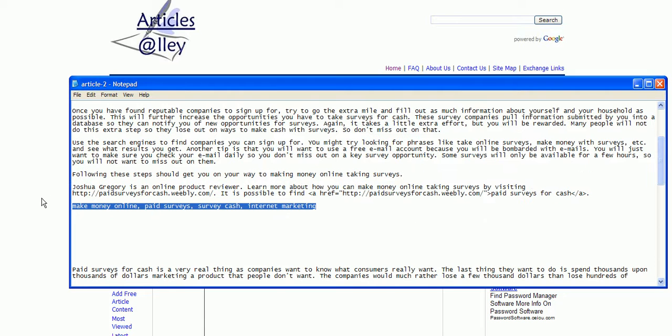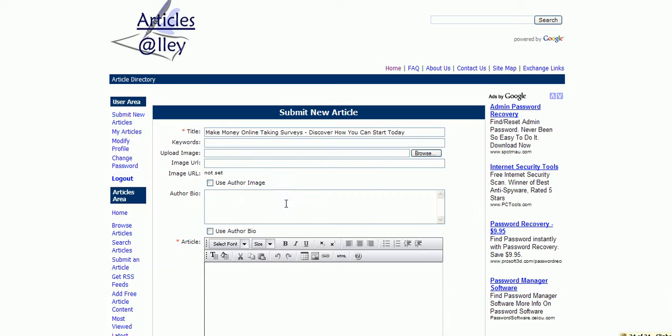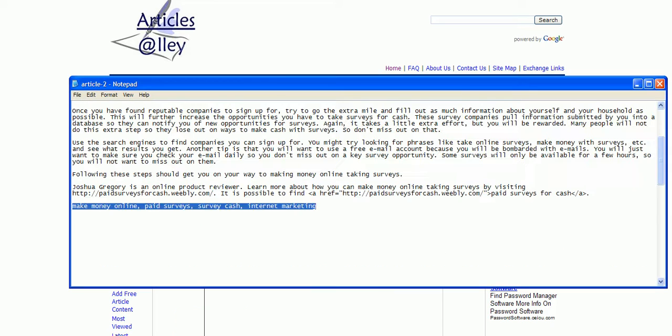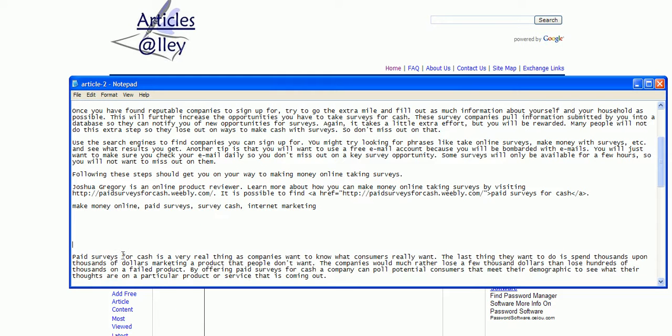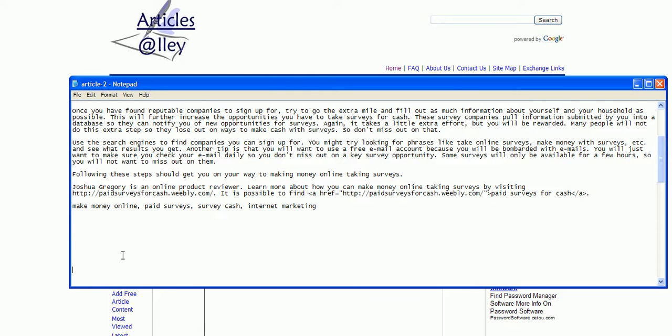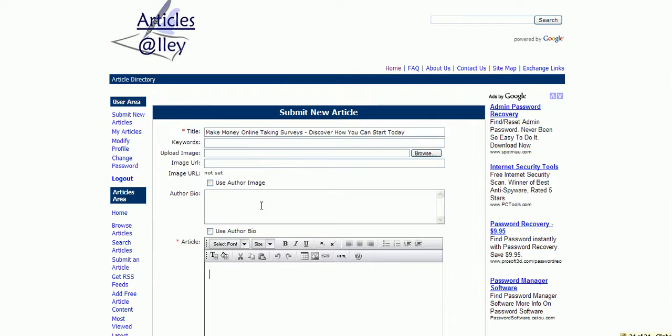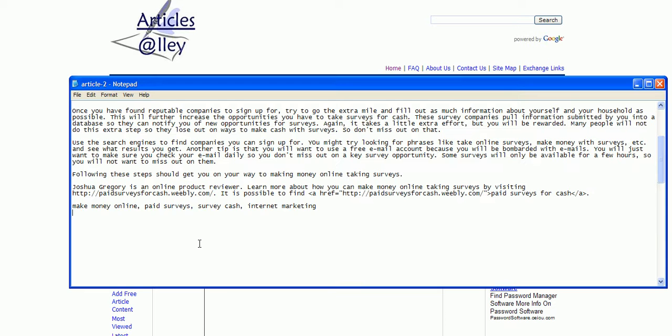Now, as you recall in the other one we did, the keywords were actually located at the bottom. So you notice that this one now has the keywords near the top. So we're going to go ahead and make sure that we have copied that correctly. So I'm going to just hit Control C, right click. We're going to cut that, and we're going to work on pasting it in here. Okay, so now that we know that went through,